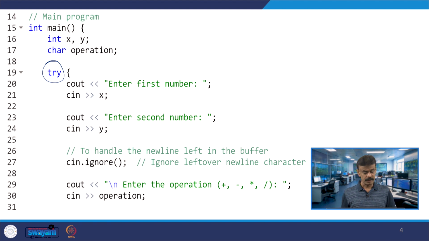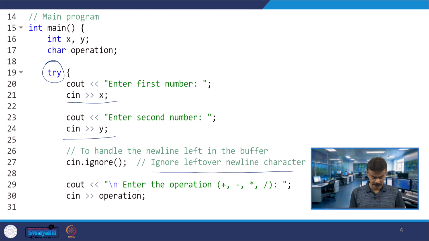Then you may have to throw the exception. Now you take the input cin x, that means you are taking one input x and another input y, then cin dot ignore. This will ignore the leftover newline character.